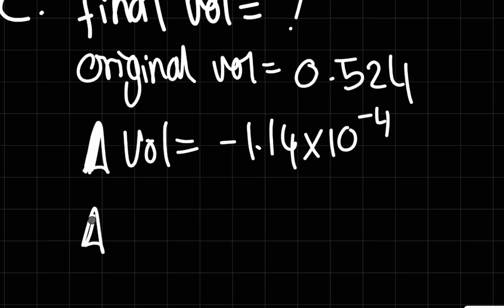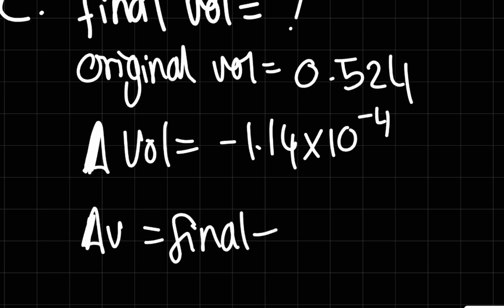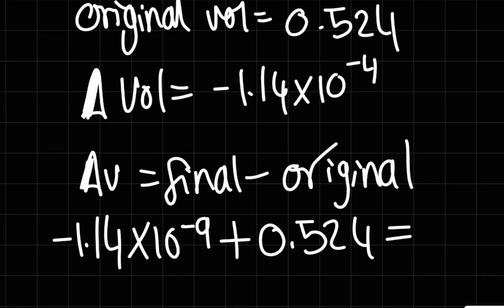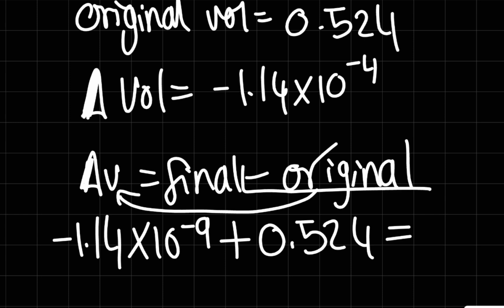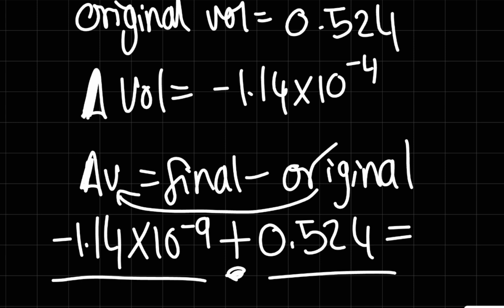Therefore, since change in volume is final minus original, rearranging the equation and bringing this to that side, it will be plus, because it's basically negative original. So bringing that to the other side, it'll be the change in volume plus the original value. And that would give you